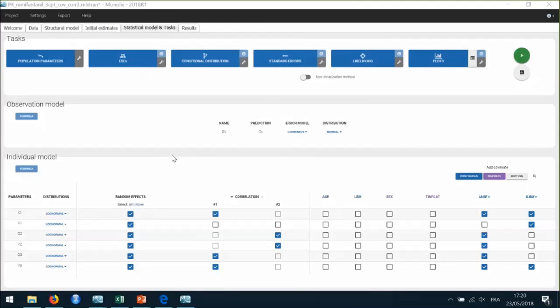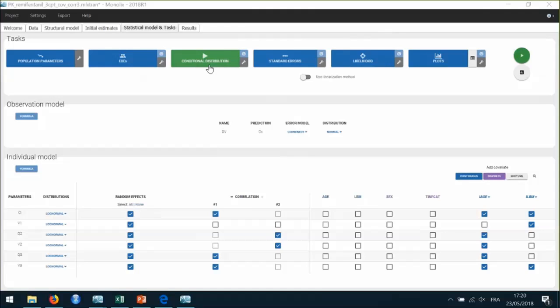Okay, so shrinkage can be a problem usually when you use the EBEs as individual estimates. But here, because Monolix uses samples from the conditional distribution, in principle, you should circumvent the phenomenon of shrinkage, and so you don't really have to investigate the presence of shrinkage or not for each project, because you shouldn't be affected by the biases caused by shrinkage.